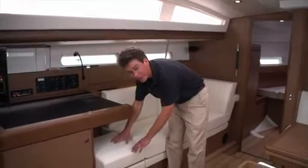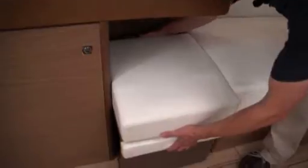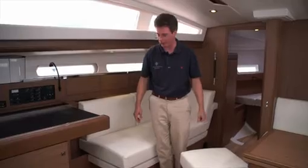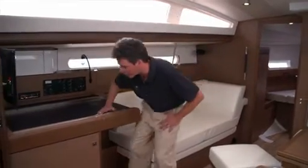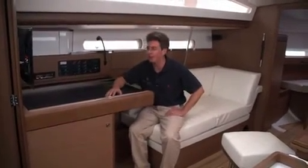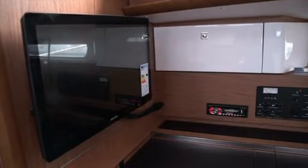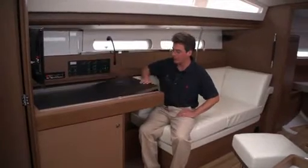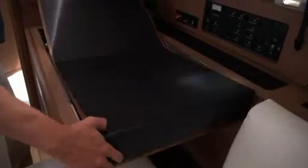This stool fits very nicely here and will stay while you're navigating, and then, of course, can be removed and be set up as an additional seat around the table for extra guests, and gives you access, of course, to sit here at the nav station. The nav station was designed to have a television screen here at the nav station, so you have the ability to have your navigation equipment sent to the screen. You've got plenty of storage underneath these leather-lined